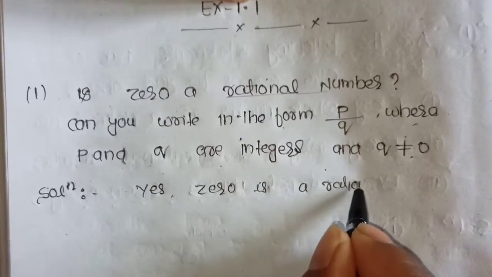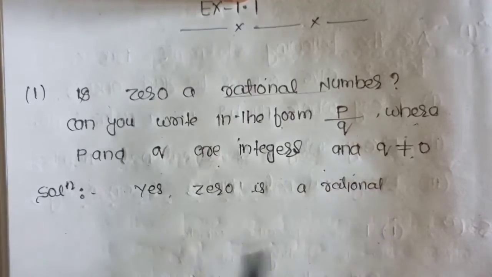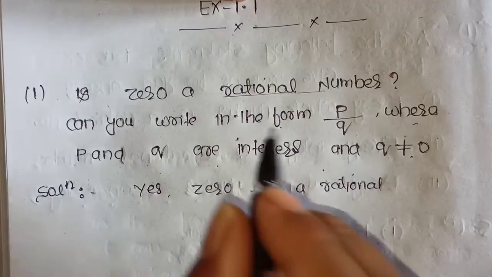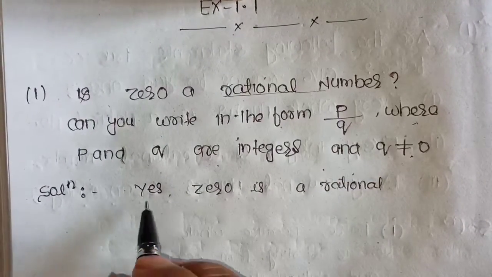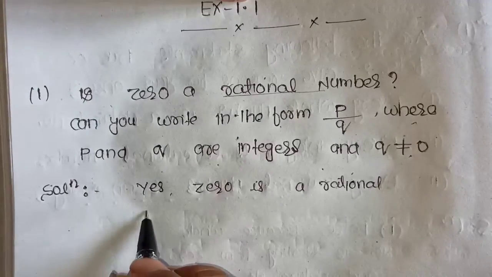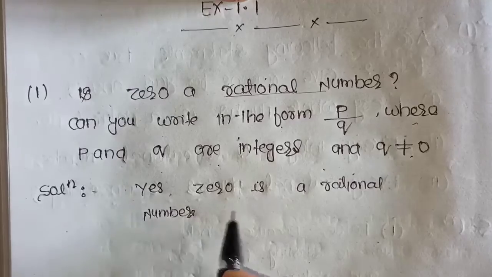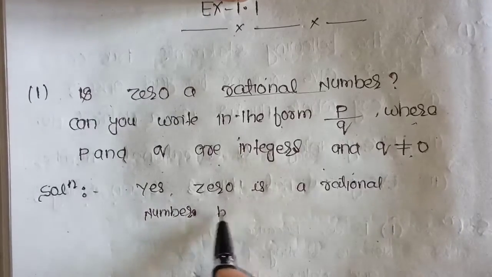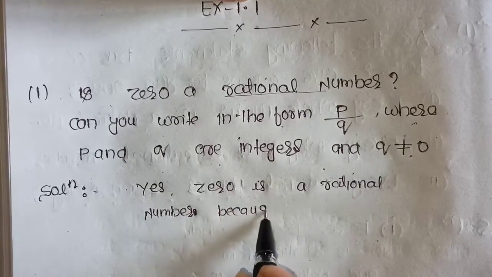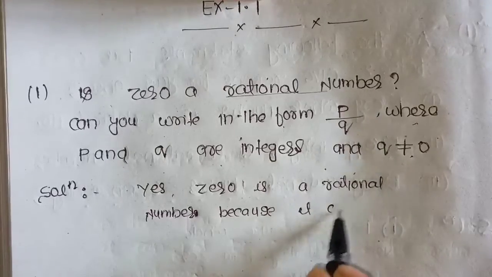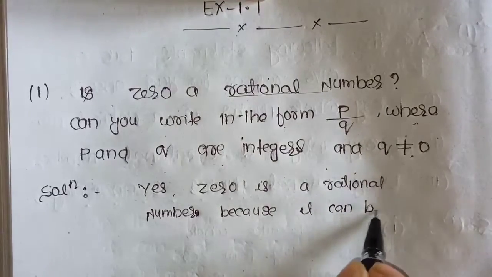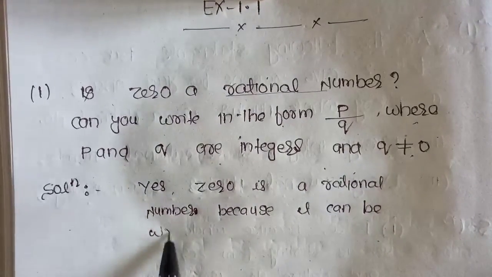Actually, I have already uploaded one video related to the rational number chapter. You can clearly watch it. Okay, yes, 0 is a rational number because it can be written as